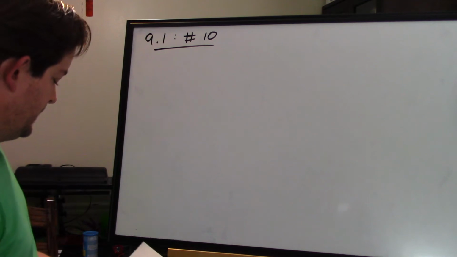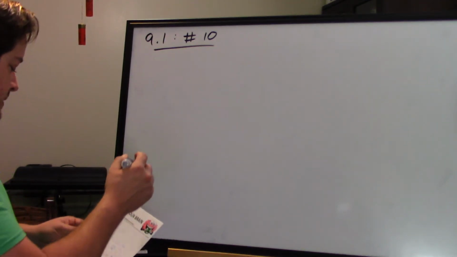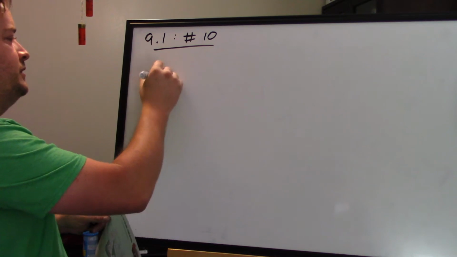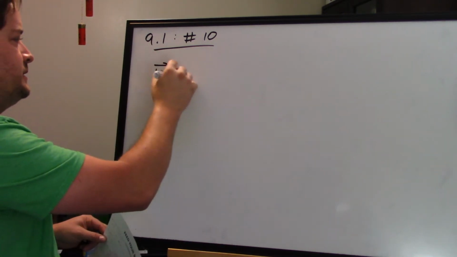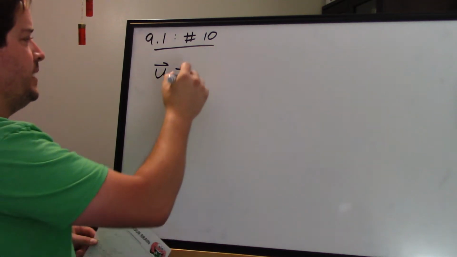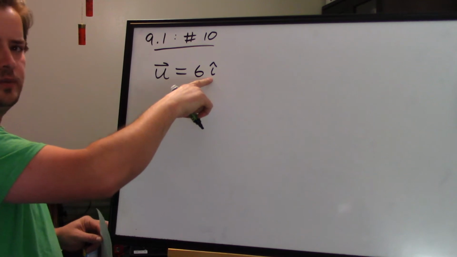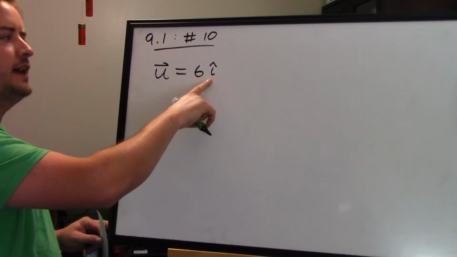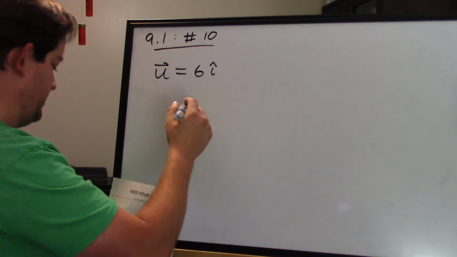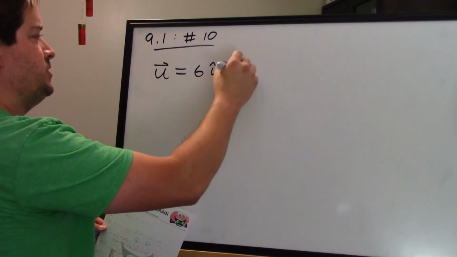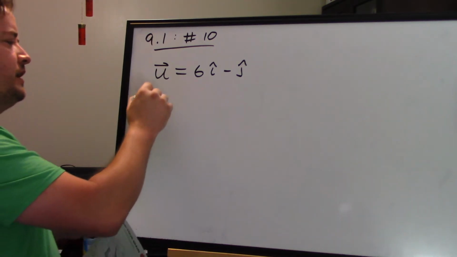So the question on number 10 was to find, for a particular vector u, which was 6i minus j. And when you're writing these, a lot of times, especially engineers will write an i hat, so they'll just put a little hat marking on top of it, and then minus a j hat. But this is our vector, and to find the magnitude of this vector,